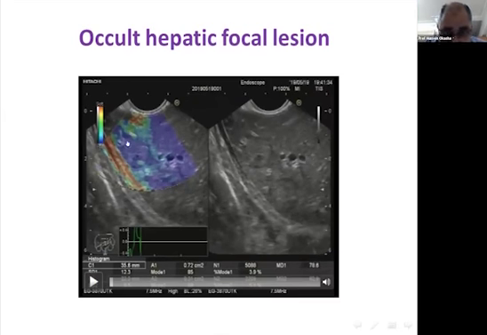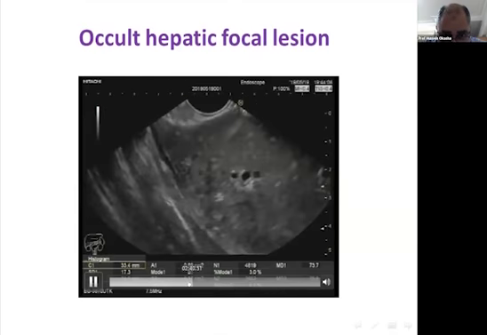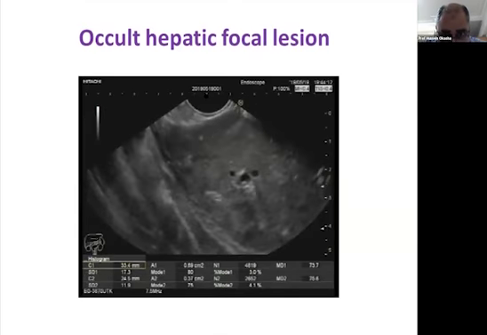And here application of elastography is very beneficial because it nicely recognizes that this small focal lesion is hard in consistency, mainly blue, and there is a marked discrepancy between the elasticity of this region and the elasticity of nearby normal tissue. So it is mostly a malignant mass, and the value of endoscopic ultrasound is that immediately you can do FNA at the same time and at the same